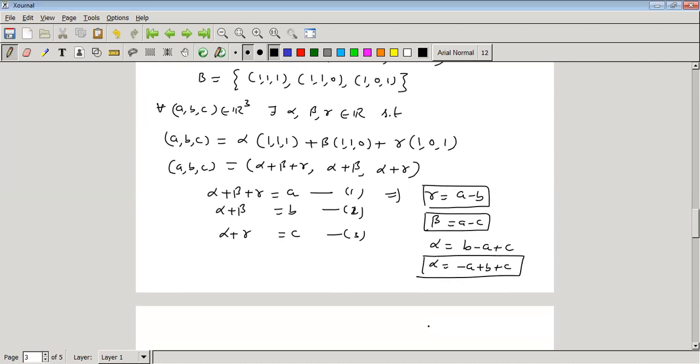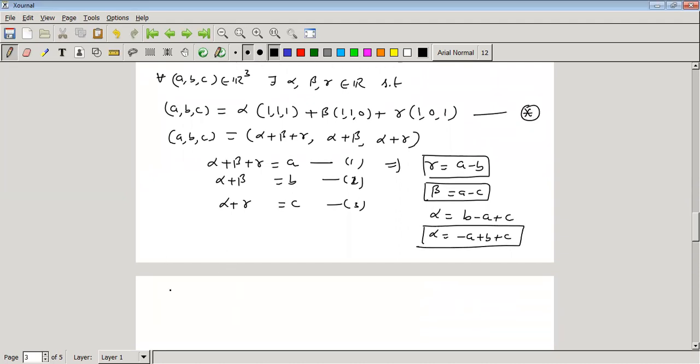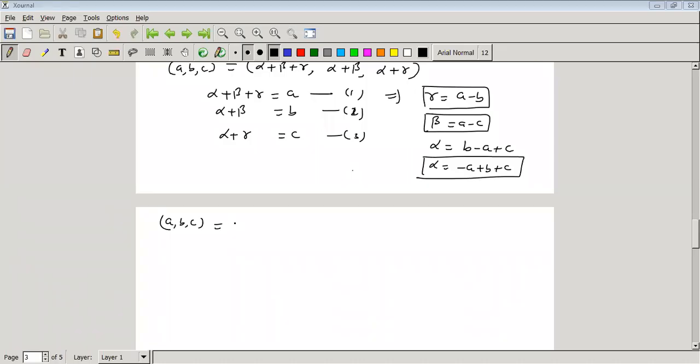So put all these values in equation star, then we get (a, b, c) can be written as alpha, minus a plus b plus c, into (1,1,1) plus beta, a minus c, into (1,1,0)